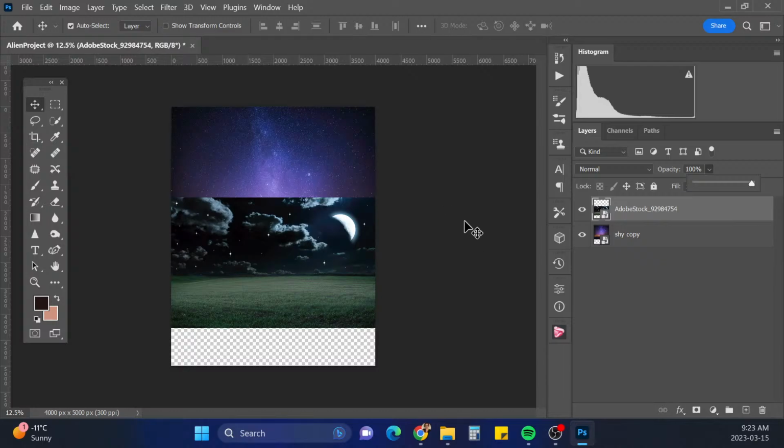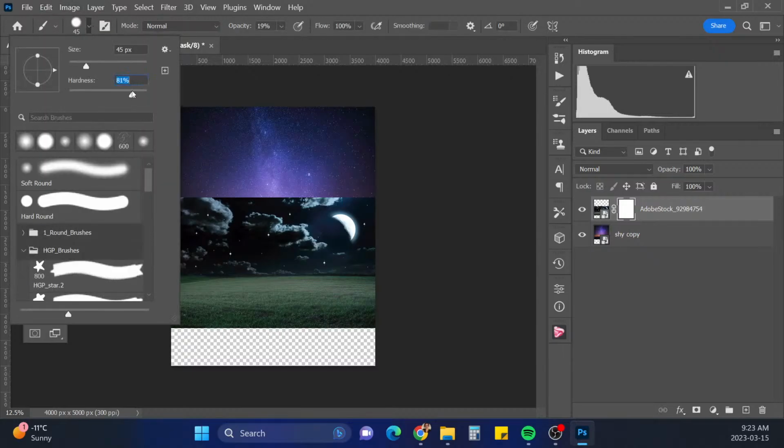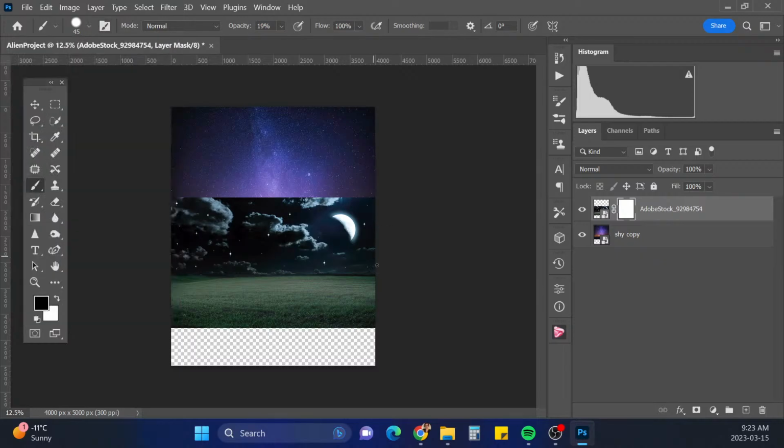And I'm going to make a layer mask and take a hard black brush, 80%ish, and I'm just gonna paint that sky out. So click here. Oh, we need that at 100%.